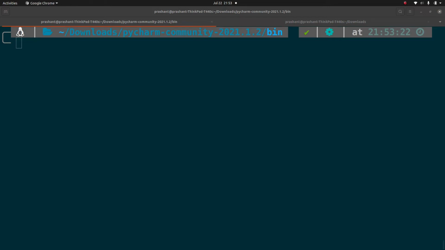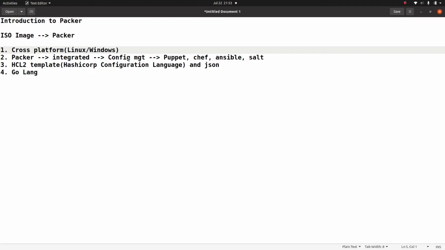So with all the introduction in place, let's look at the template section, which is the important part for Packer. Like I mentioned, you can write these Packer templates either in HCL or JSON. I will first start with JSON, and then I will show you how to do that with HCL version 2. Before that, let's look at how the template is divided in Packer.